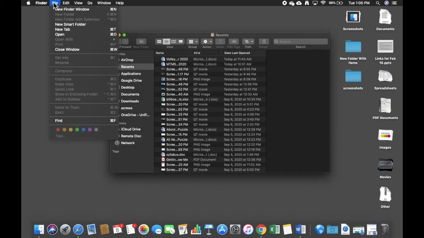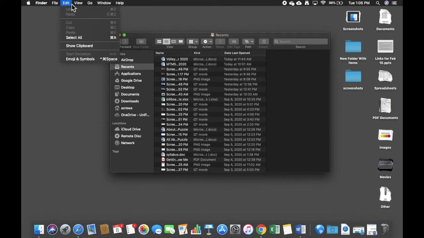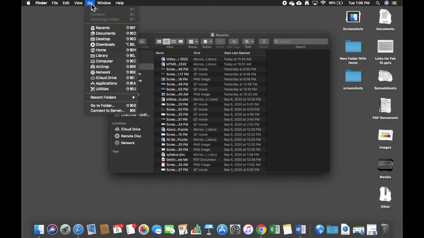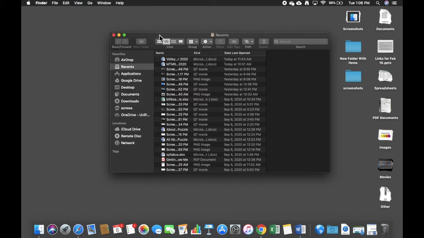This is where you could open something or change your view, etc. So in your Finder, these files here, applications, desktop, documents, downloads, those are all things that